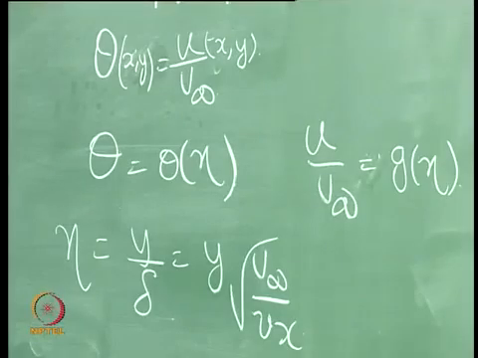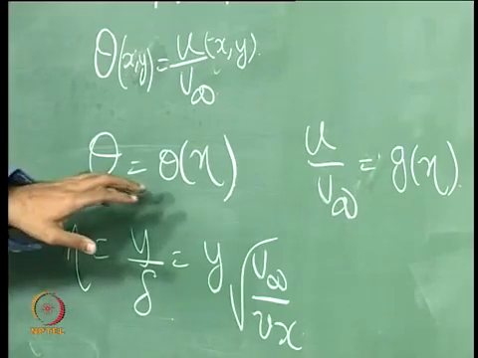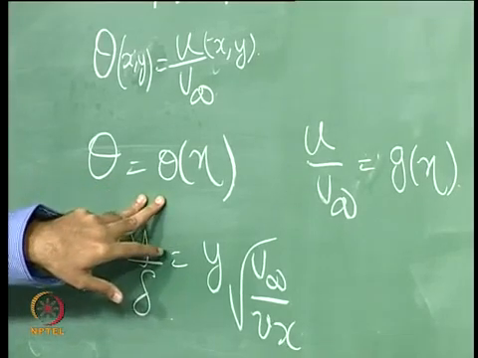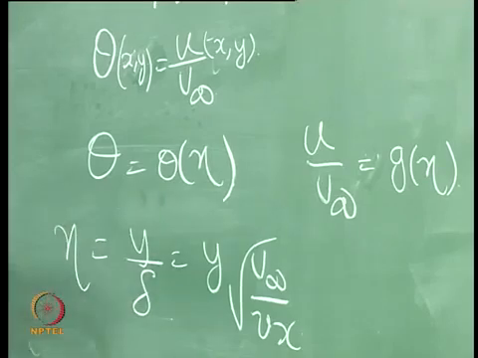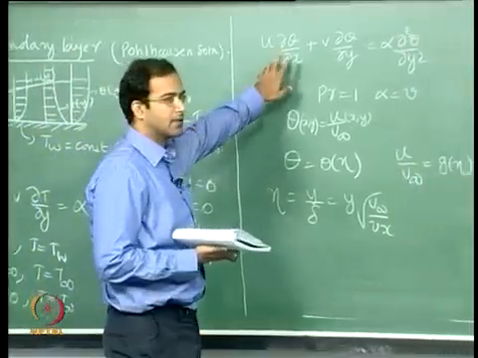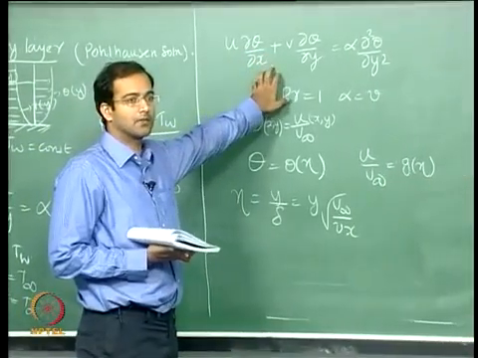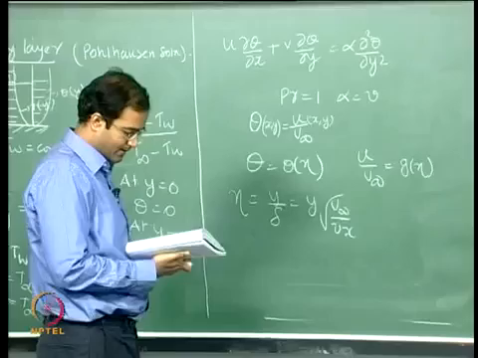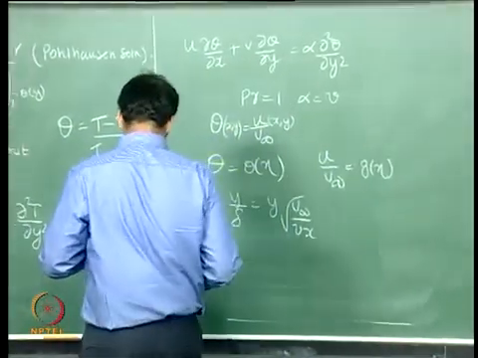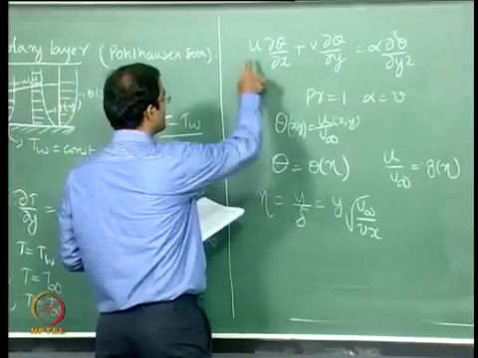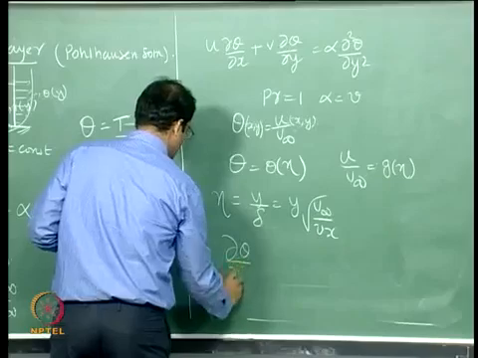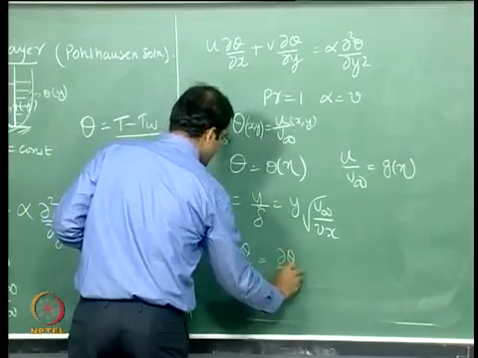He used the same similarity variable and assumed that there could be a similarity solution for theta, which is a function of eta. The proof of this is that if you substitute theta as a function of eta into this, it should reduce to an ODE perfectly. If it does, then there is definitely a similarity solution. So now he calculated all the other terms which are required. You already know u and v. So d theta by dx will be d theta by d eta